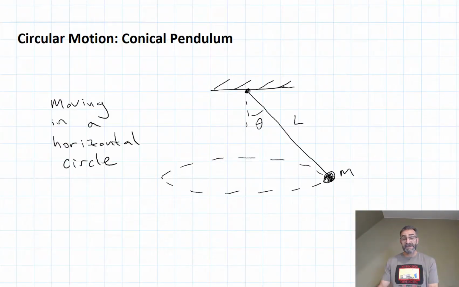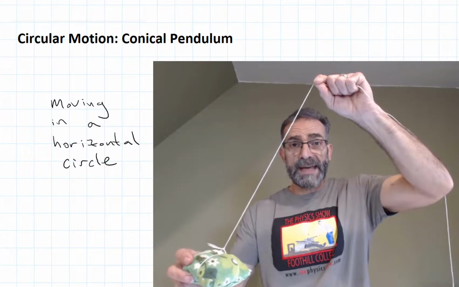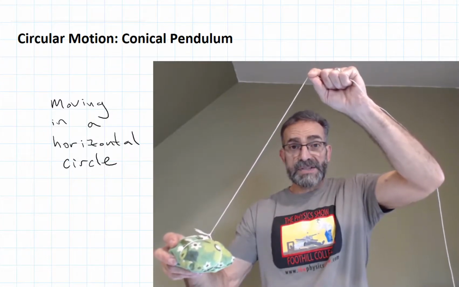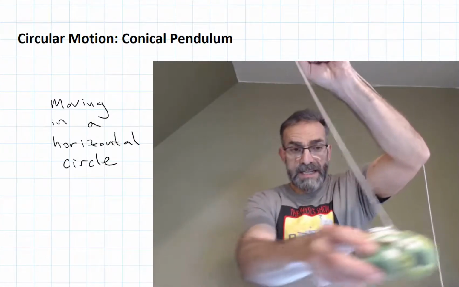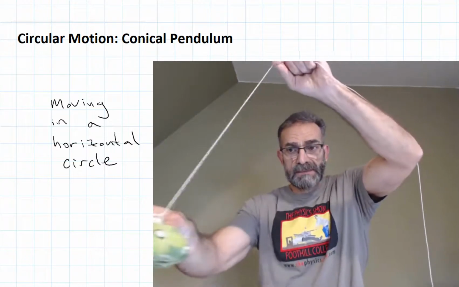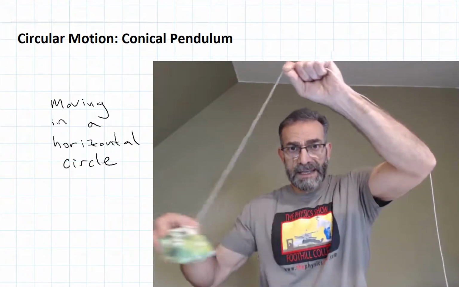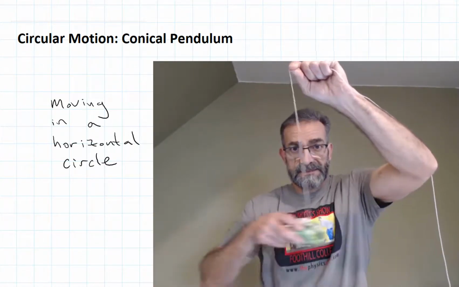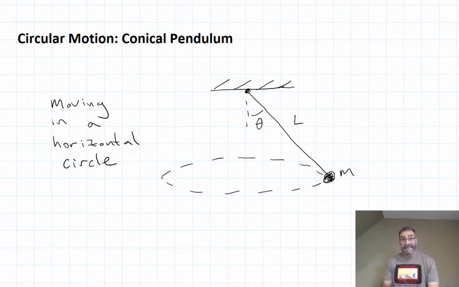Let's take a look at some special applications of circular motion. We'll start with a conical pendulum. In a conical pendulum, our mass is on a string and it's swinging in a horizontal circle like this. My image on the screen captures the object at one instant in time, but it's actually swinging around in this